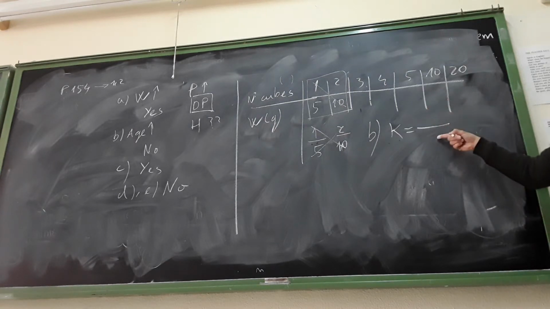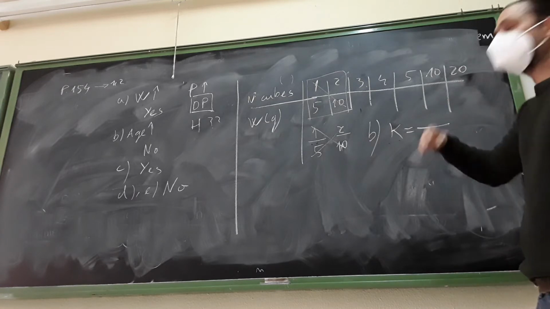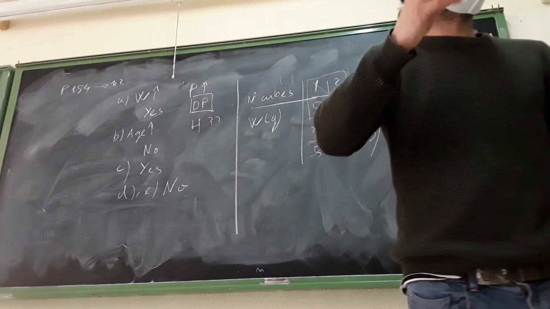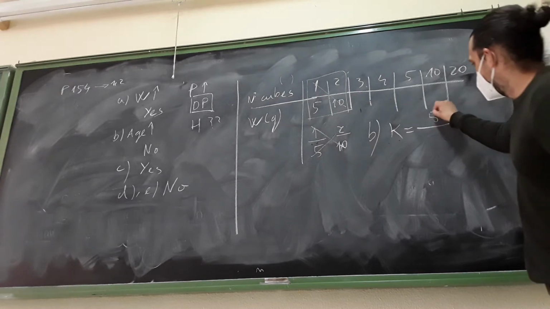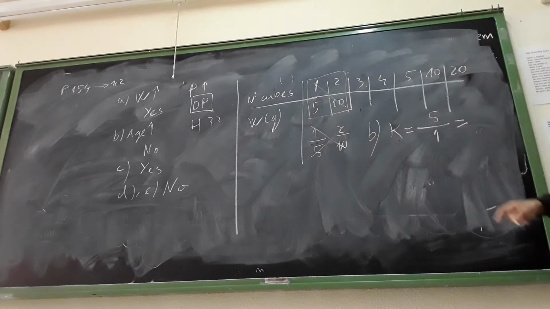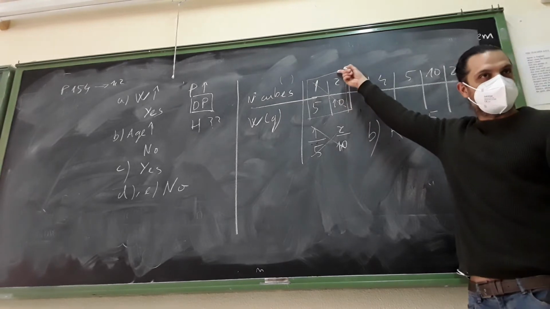Which two numbers do we have? 1 and 5. 1 and 5, or 5 and 1. You can choose whatever you want. What is easier in this case? 1 divided by 5 or 5 divided by 1? 5. Then I would say 5 divided by 1, and it must be the same as 10 divided by 2,